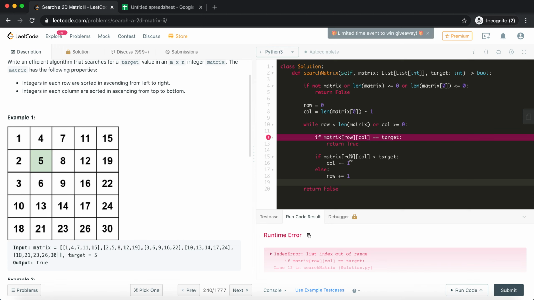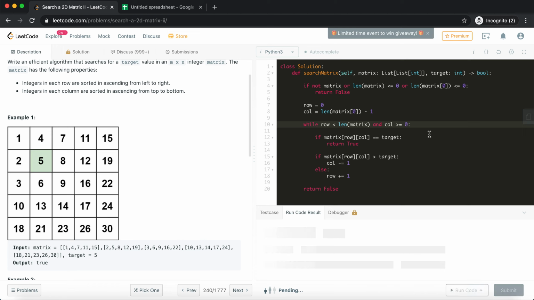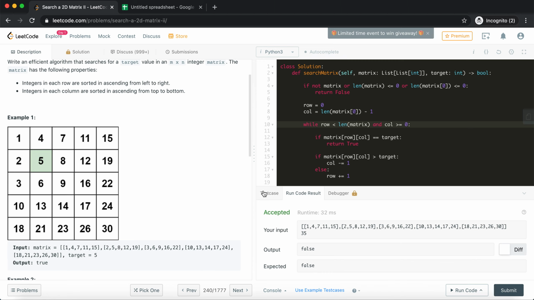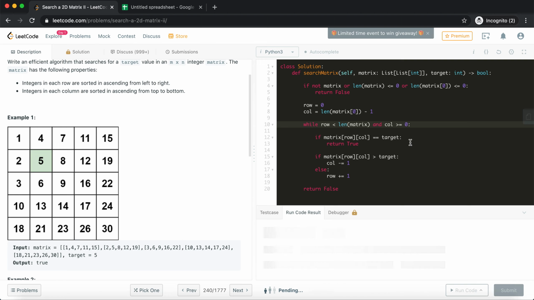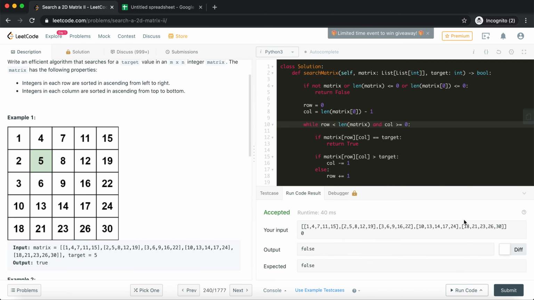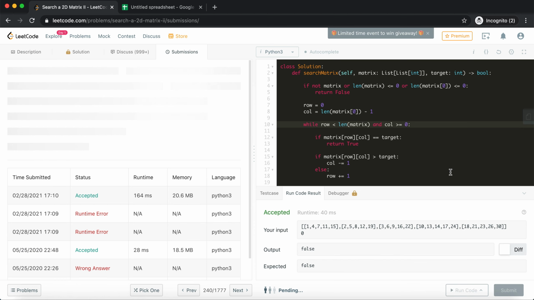Oh, I think we missed something. We'll have to check our conditions. If row is less than matrix, oh, this should be end. My bad. Yeah, it worked. And let's try for 0. Yeah, it worked. Let me submit my code.